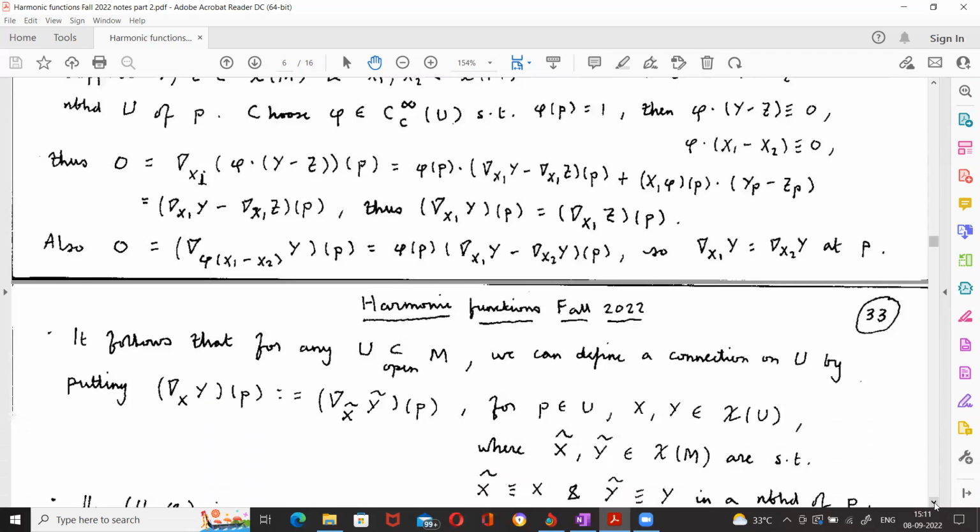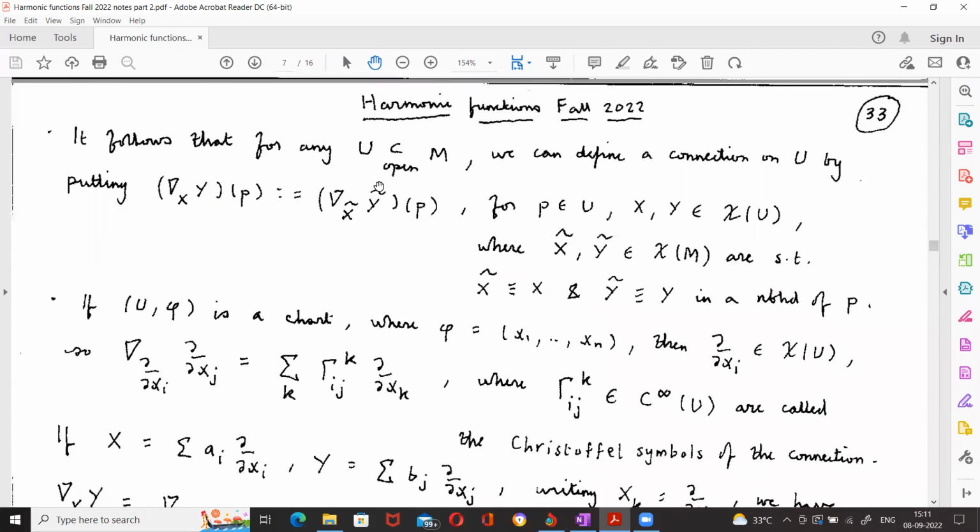So now I can localize my connection as follows. If I take any open set U in M, we can define a connection on U just on the open set by saying whenever X, Y are vector fields on U, then nabla_X Y at P is defined as follows. If I take a point P in U and X, Y are vector fields on U, then by multiplying by bump functions, I can get extensions, global vector fields X tilde, Y tilde, which are